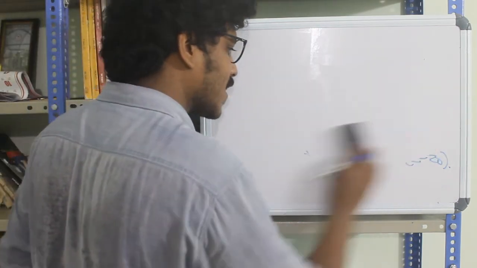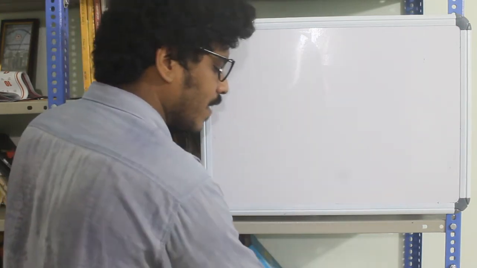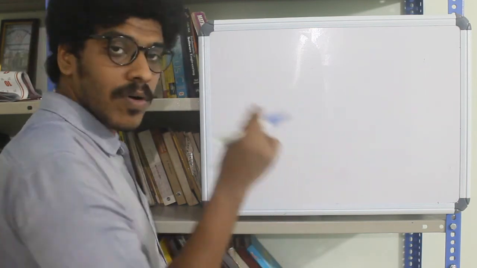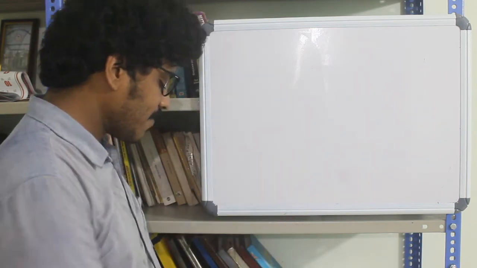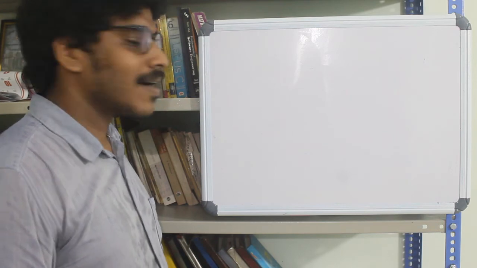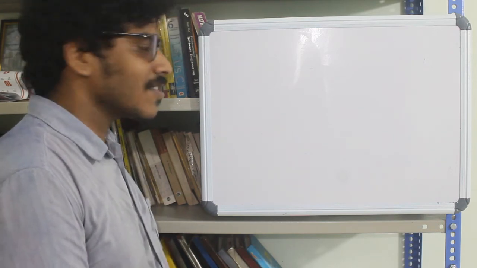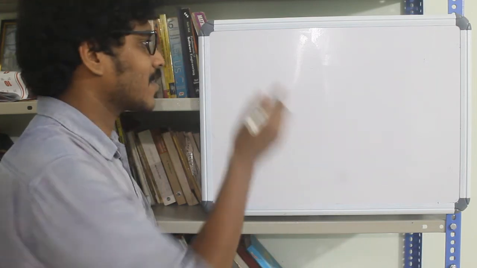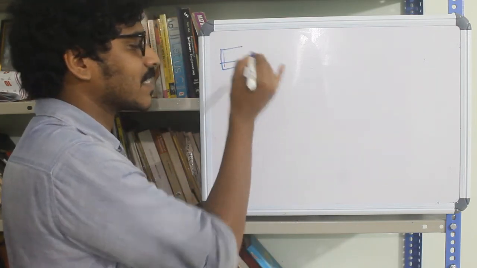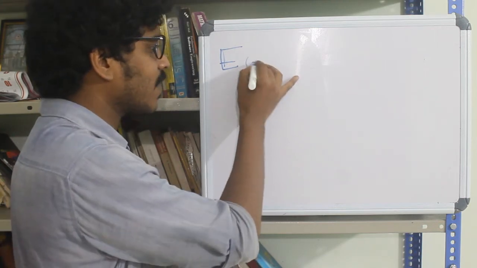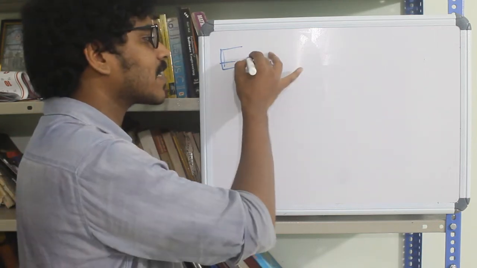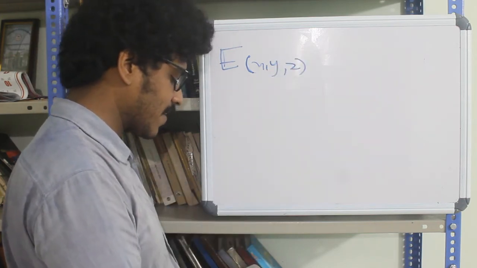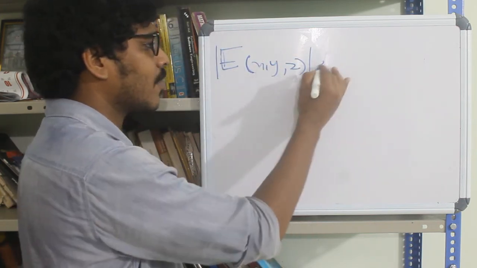So what about total differential then? How did we define the total differential for two variable functions? Before that, we have seen an error estimate for linearization in two variables. So how does the error estimate for a function of more than two variables look like? Error in the linearization. We have seen this as E of x, y. Now we extend the same definition to three variables. So for a three variable function, the absolute value of E of x, y, z will be less than or equal to